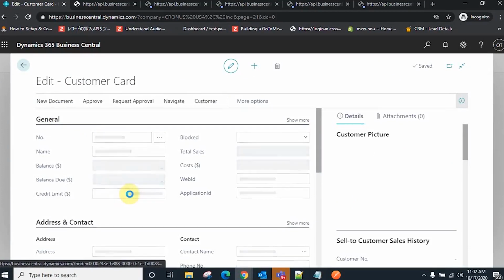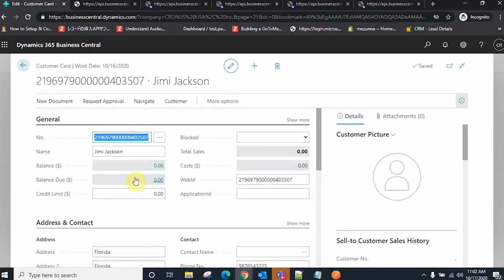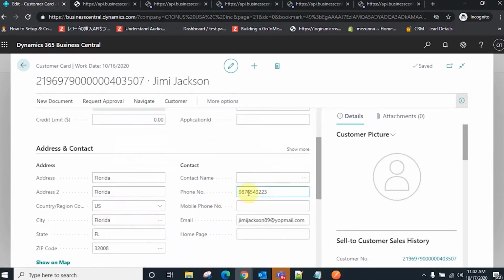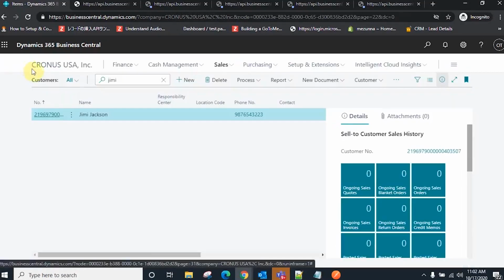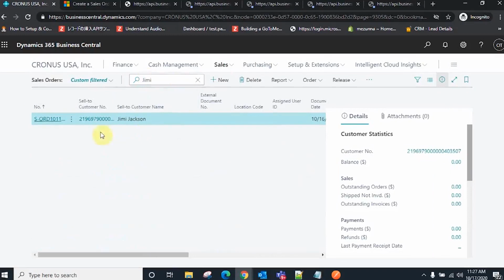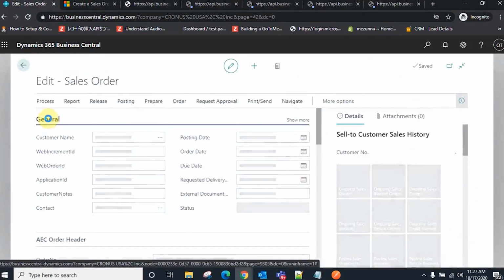Let me just open this and refresh. Yes, you can see the name and number showing here along with the address information, mail ID and phone number. And here in the web ID section, you can add the exact e-commerce ID in your ERP direction. Now, as I have synchronized first the customer and then the sales order with one process flow, I'm quickly going to the sales order. Here is the customer order which I have placed from the Zoho Commerce side.